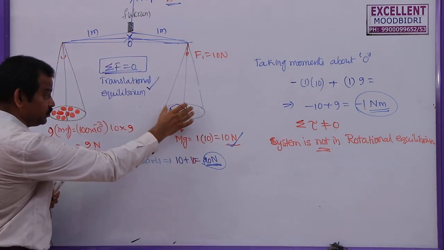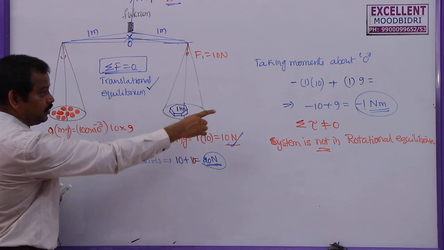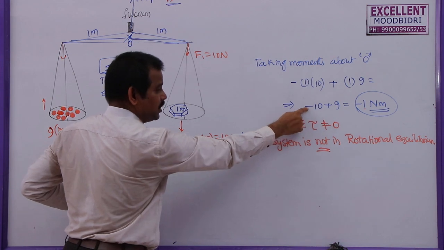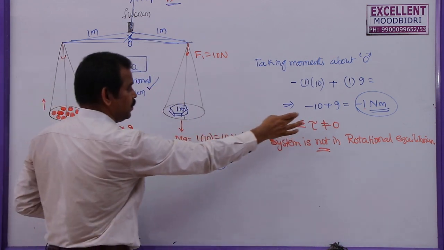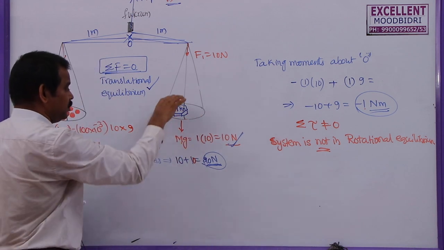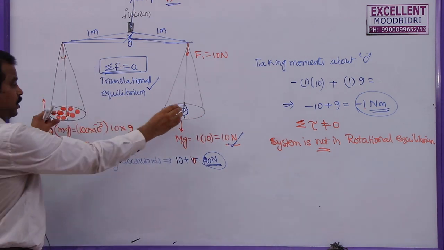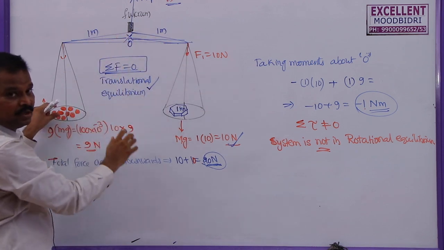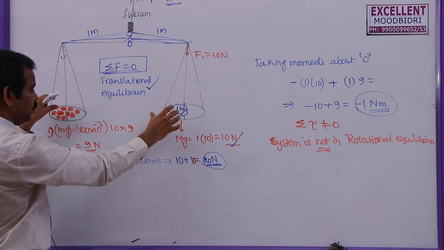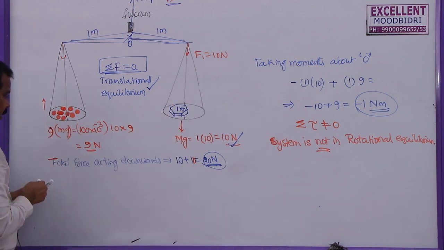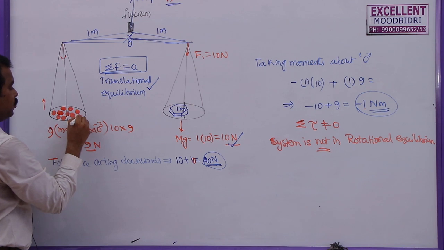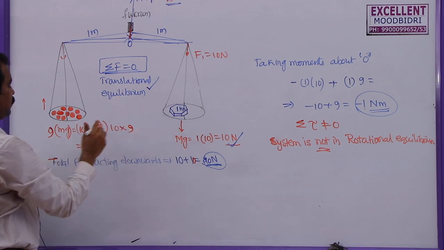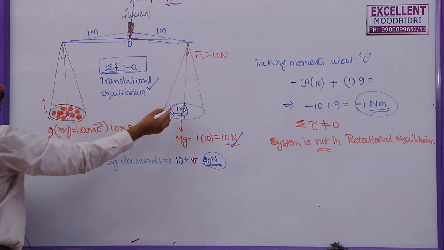How will this rotate? As this weight is more, this torque will dominate. Why? Because you can see this torque is maximum. Minus indicates that the torque is in a different direction, but 10 is greater than 9 magnitude wise. So it will come down, this will go up. As the pans are moving in this direction, that means the entire system is rotating about this point. To keep this in rotational equilibrium, I need to add one more tomato so that it will not rotate and the fulcrum will give the exact reading here. Then we can say that this is exactly equal to the weight placed in this case.